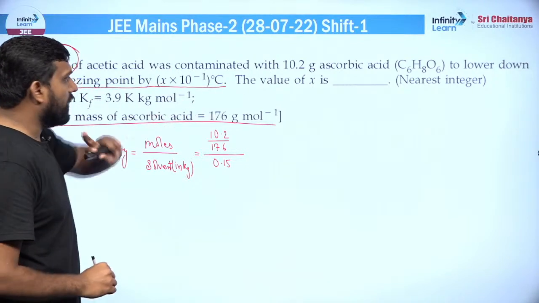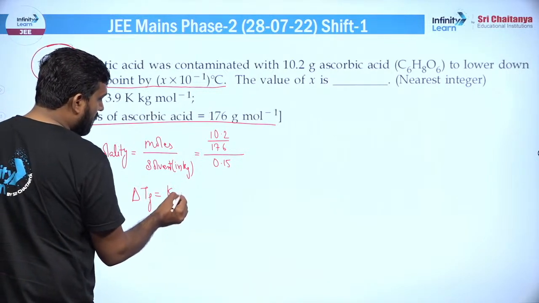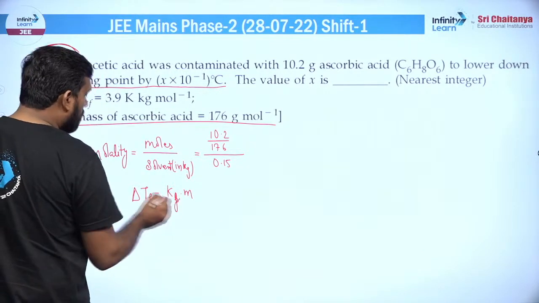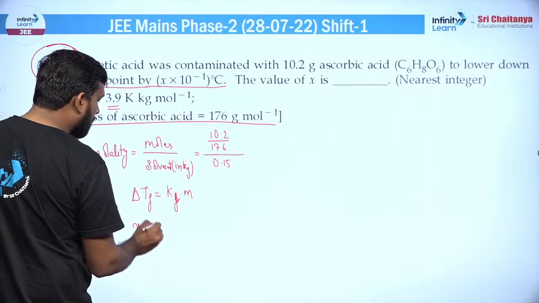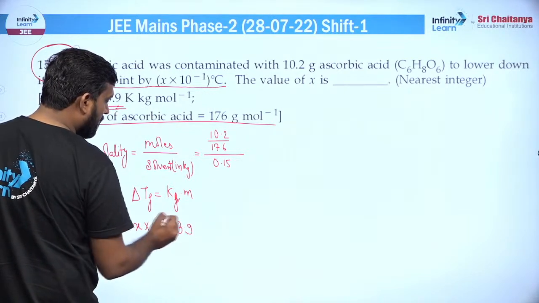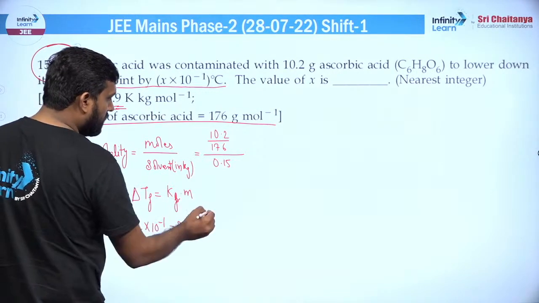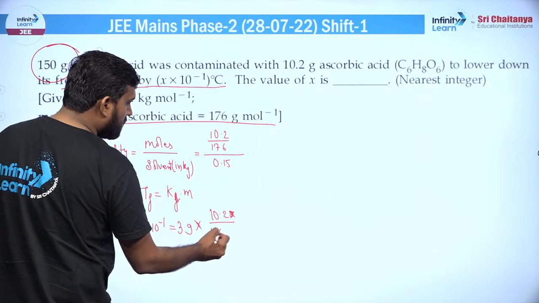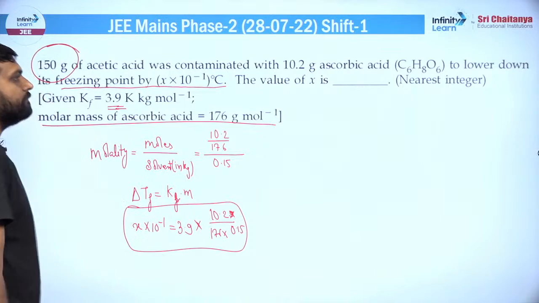अब कह रहा है कि इसका जो फ्रीजिंग पॉइंट है वो इतने से लोअर हो गया है। तो बेसिकली आपको क्या करना है, आपको डेल्टा TF इज इक्वल टू फॉर्मूला जो होता है वो होता है KB डॉट M होता है। अब आपको देखो KB क्वेश्चन में शायद KF होगा, क्वेश्चन में आपको KF दिया गया है, और ये आपको दिया गया ना, ये भी दिया गया है x इंटू 10 टू द पावर -1 इज इक्वल्स टू, ये कितना है बेटा, 3.9 है। तो इससे फर्क नहीं पड़ने वाला, 3.9 कर देना इंटू, मोलालिटी आपको क्वेश्चन में गिवन है ना, ये 10.2 डिवाइडेड बाई 176 इंटू 0.15। तो इसको सॉल्व कर लीजिए, x आ जाएगा, आंसर आ जाएगा।